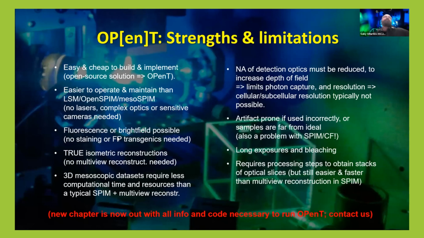And just to sum up, a very quick review of the strengths and limitations of OPT. It's very easy and cheap to build. From hundreds to 2,000-3,000 euros, you can build a scientific grade optical projection tomography with which you can get really high quality publication and analysis level images. One of the solutions is the OPenT. I believe it's probably still the only one fully open source that you can get out there, but there are other solutions. It's typically easier not just to build, but also to operate and maintain than a light sheet setup,